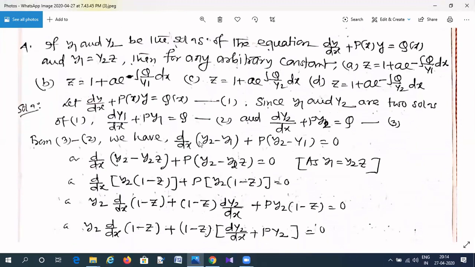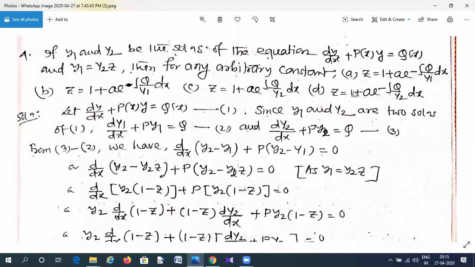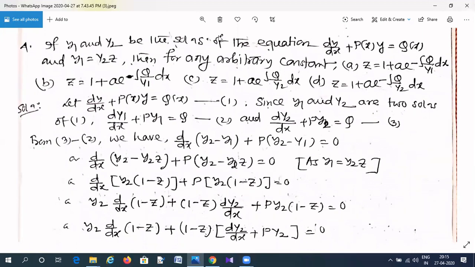Now question number 4. If y1 and y2 are the solutions of the equation dy/dx + P(x) y = Q(x), and y1 = y2 z, where z is another variable, then for any arbitrary constant,